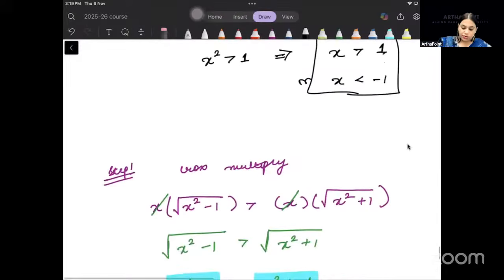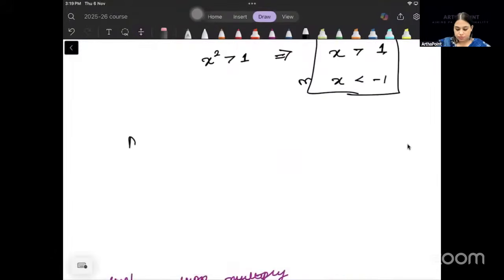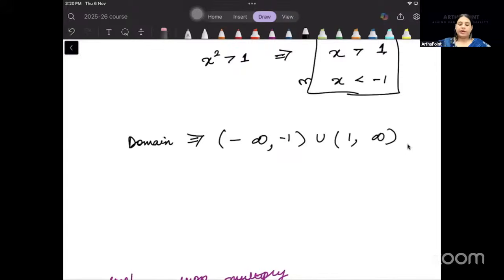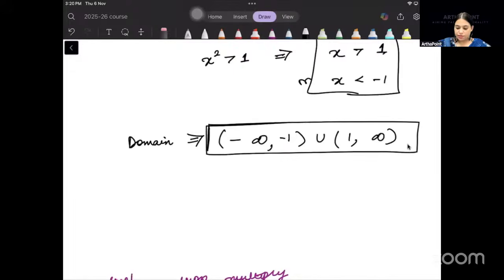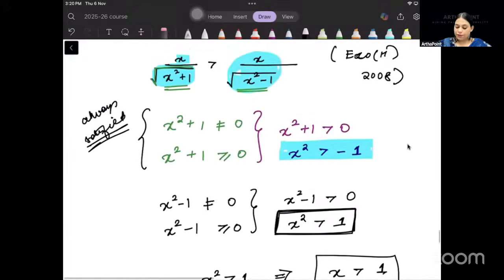So let's write down the domain, beta. The domain of x, which I have gone ahead and found out, is minus infinity to minus 1 union 1 to infinity. This becomes the domain of x, where x can exist. Is it clear? ये बात समझ में आती है? Okay. Now, further,